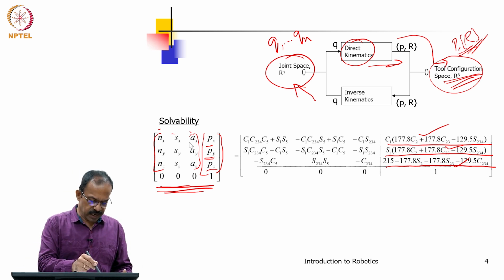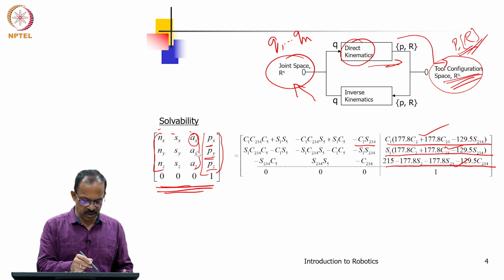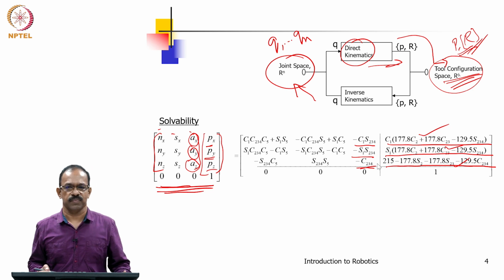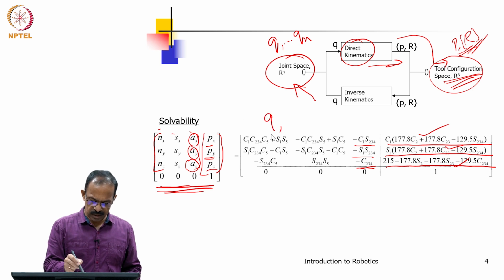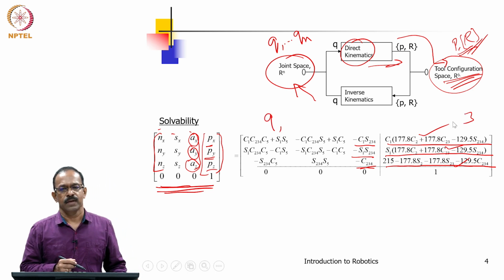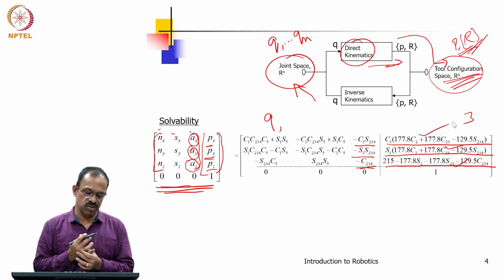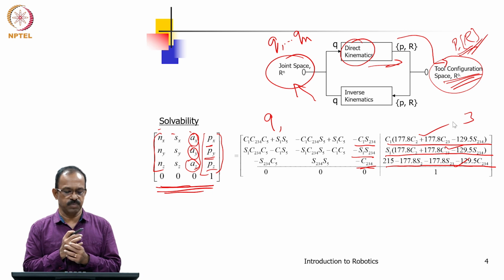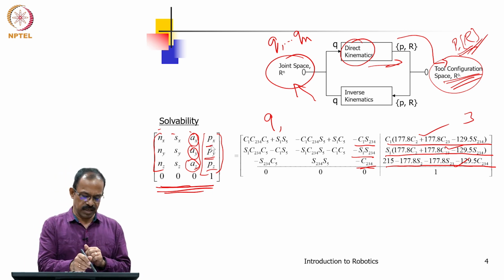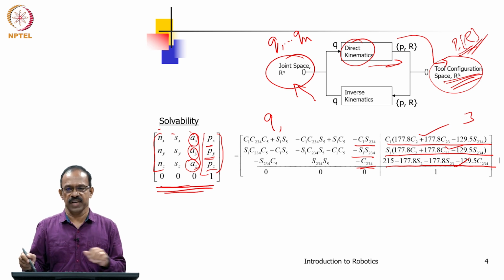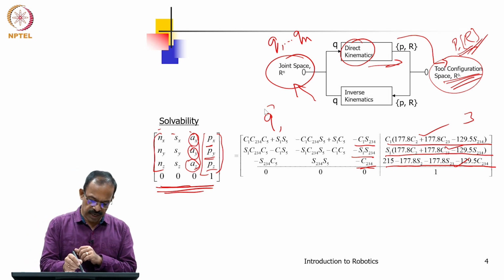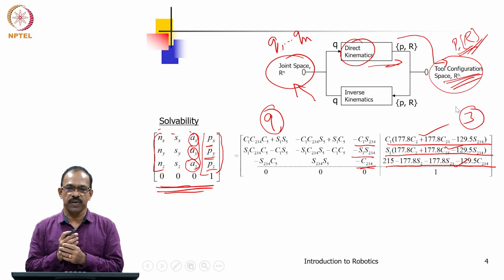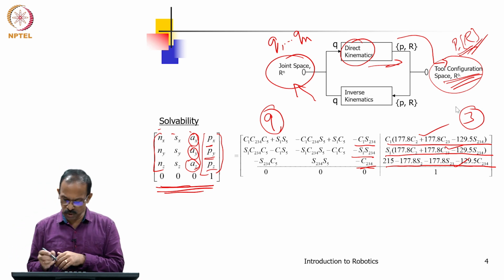Now, similarly, we can write Ax is equal to minus C1 S234, Ay is equal to minus S1 S234, Az is equal to minus C234. So, like this we can actually get 9 equations from here and 3 equations from here. So, we have in total 9 plus 3, 12 equations from this matrix relationship. Our matrix is given. So, for Px is equal to this, Py is equal to this, like this we have 9 plus 3, 12 equations. And using these 12 equations, we need to find the joint variables q1 to qn.